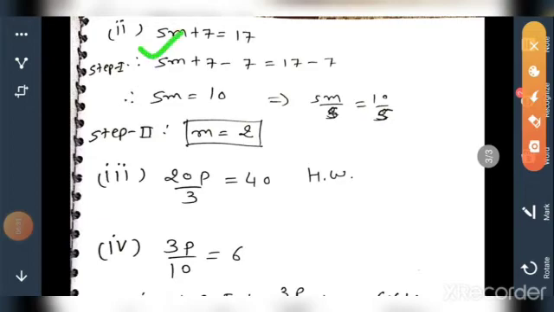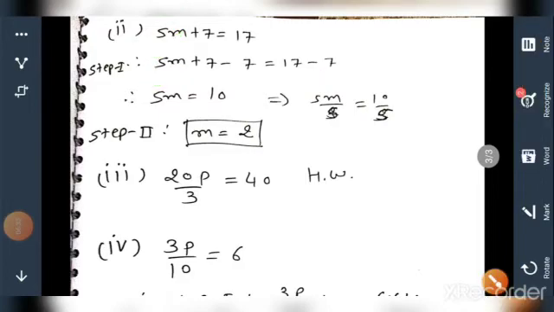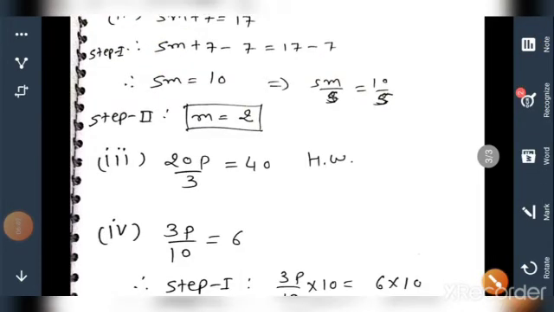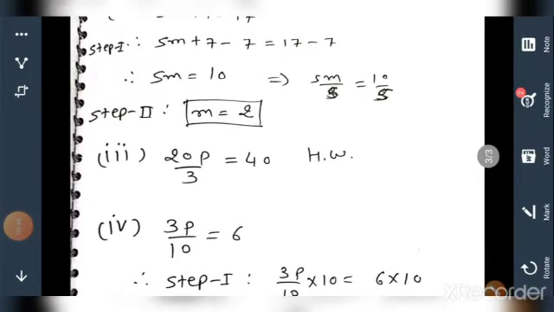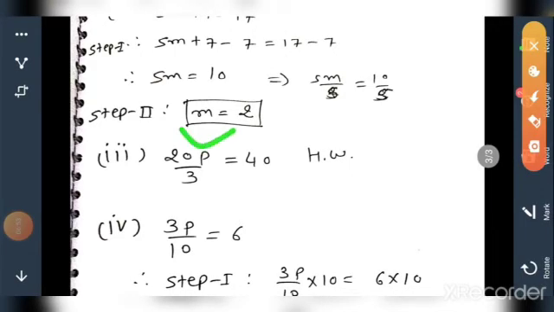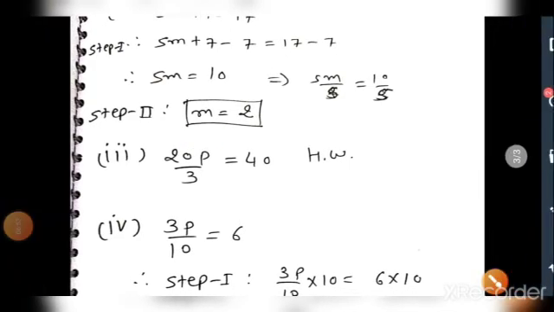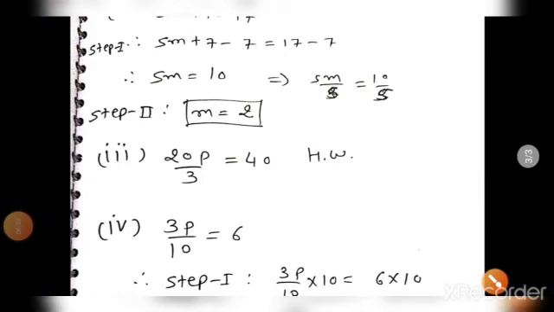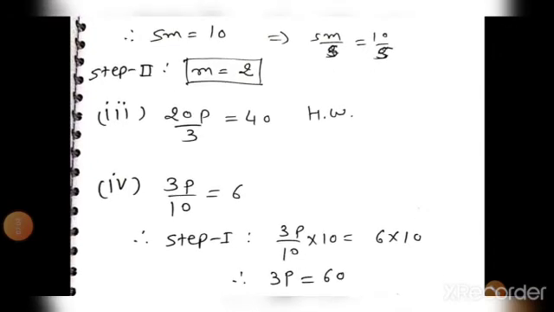So 5m plus 7 minus 7 is equal to 17 minus 7. Here the 7 cancels, 17 minus 7 is 10. So 5m is equal to 10. So 5m upon 5 is equal to 10 upon 5. So m is equal to 2. Okay. Then 20p upon 3 is equal to 40, that is in your homework,